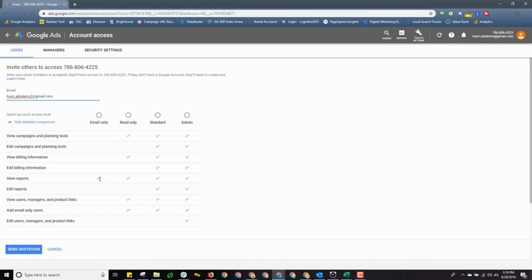Read only is for someone who needs to see everything that's going on, but you don't want them to change anything. Standard allows the user to be able to make changes, and the only difference between standard and admin is an administrative user then has the rights to be able to add or delete users, managers, and so forth. We'll go ahead and select standard access for this, and then down at the lower left, we'll click